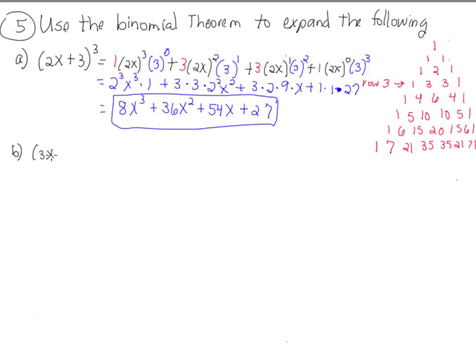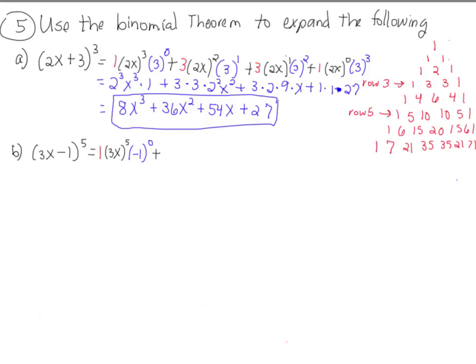Let's do one more binomial. So let's take 3x minus 1 to the 5th degree. So now I need to look at row 5 on our Pascal's triangle. First term in row 5 is 1, times 3x to the 5th degree, times a negative 1 to the 0 degree,